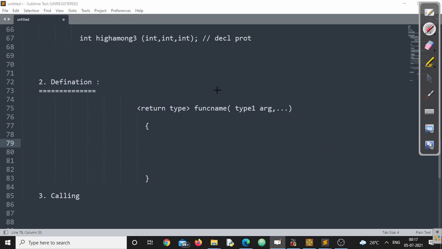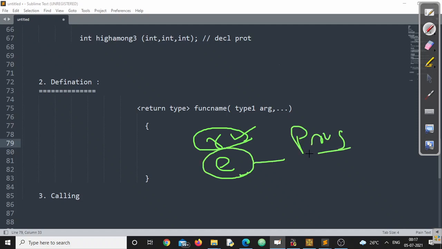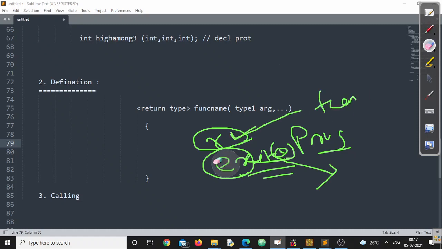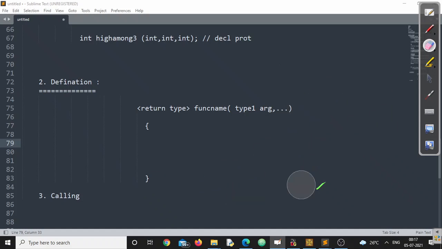There are two differences you've got to know. One is the return statement, one is the exit statement. If you write a return statement, a function will be terminated. If you write an exit statement, the entire program will be terminated. If I'm writing exit 0, the program will be terminated. If I'm writing return only, the function will be terminated. Make sure you know the difference between return and exit, or we may discuss that in some other session.